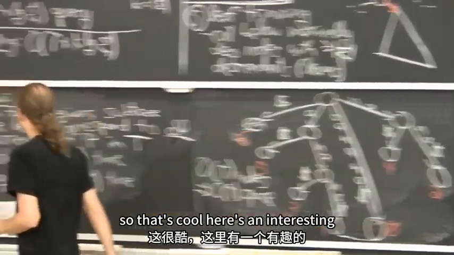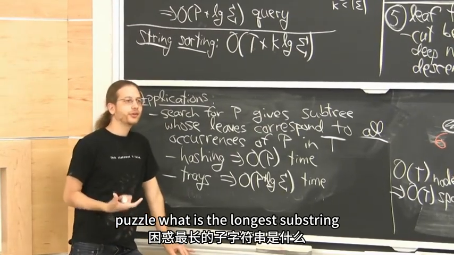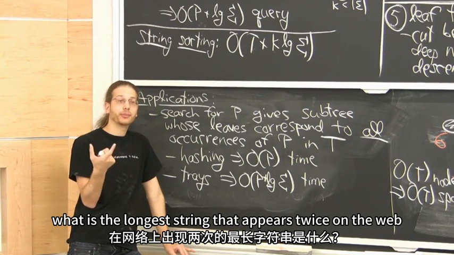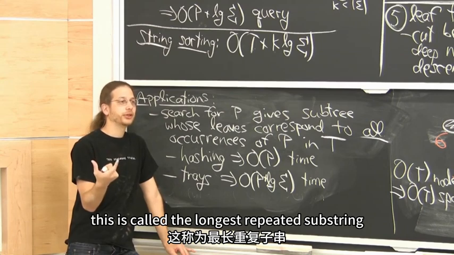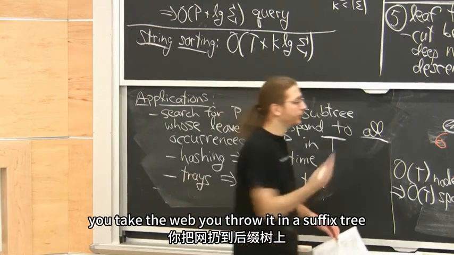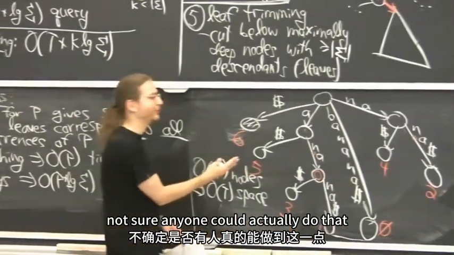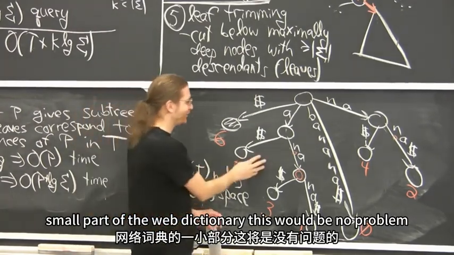So that's cool. Here's an interesting puzzle. What is the longest string that appears twice on the web? This is called the longest repeated substring. Could be overlapping, maybe not. Well, you take the web, you throw it in a suffix tree. I'm not sure anyone could actually do that, but a small part of the web, a dictionary, this would be no problem, but